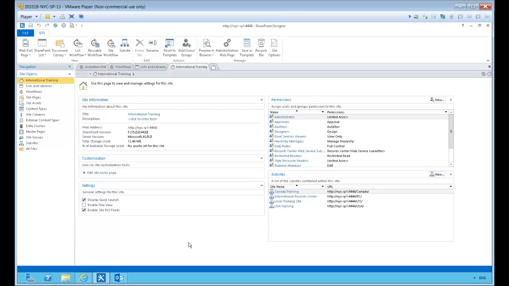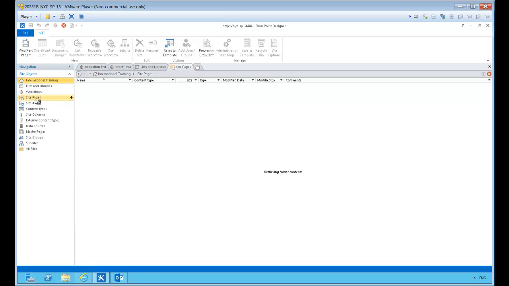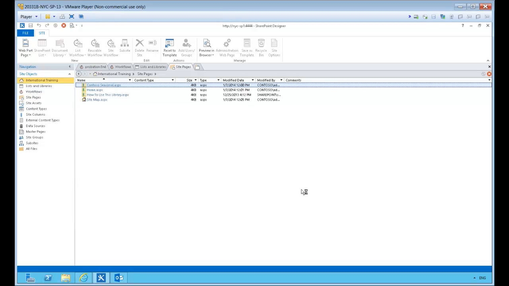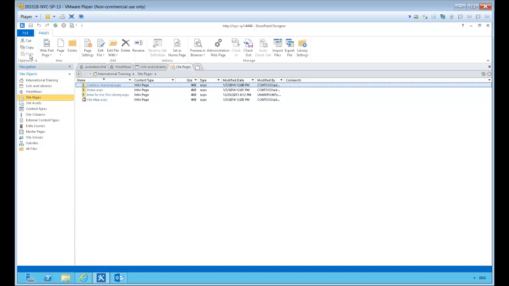Site pages. When a user, site administrator, or owner creates a new site, there are a set of templates available, and those templates have some default pages. It is always possible none of the pages fit with the needs of the users. So notice I am sitting here in SharePoint Designer, and I do have the opportunity to go to Site Pages. I see the ones that are currently here, but I have the opportunity right here to